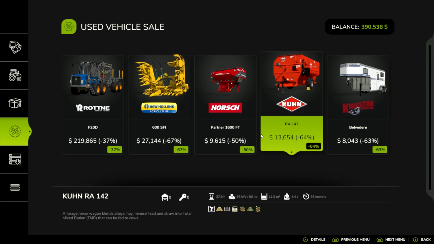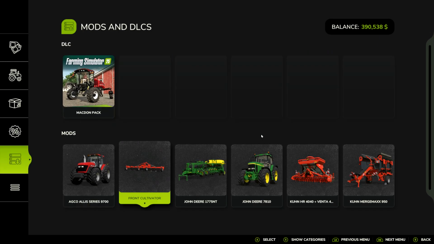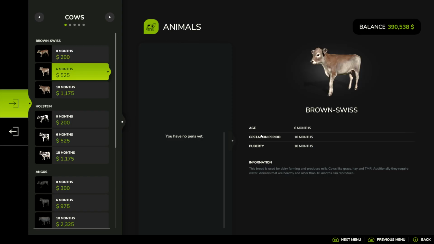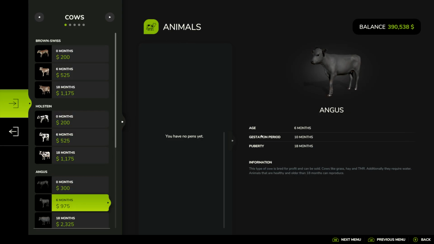And then of course we got the used vehicle sales that gives us updates and stuff now with the mod. And we can also go in and see all the mods that we have and the DLC that's available. And then of course we can go to Animal Dealer, see our baby cows, our regular cows, our big adult cows, and cows